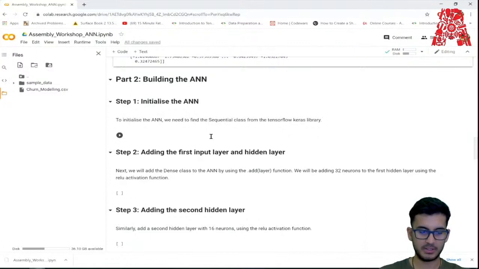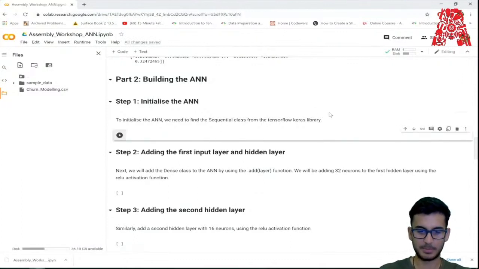Now, as we said, everything needs to move in a sequence. So you're moving from an input layer into a hidden layer into an output layer. Essentially, you can think of this sequentially, which is why the class is called Sequential. So let's begin by creating an instance of the Sequential class, which is available in the TensorFlow library. We'll store it in something called ann, and we'll make it equal to